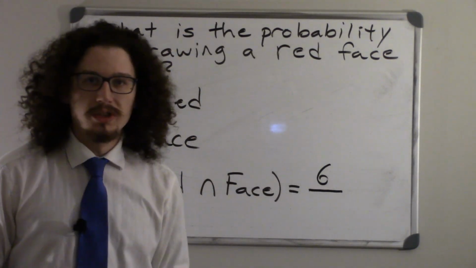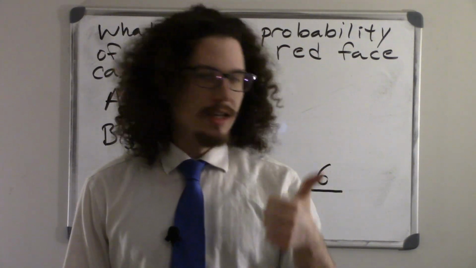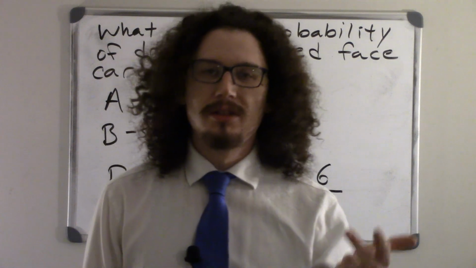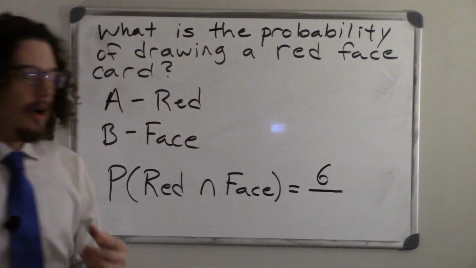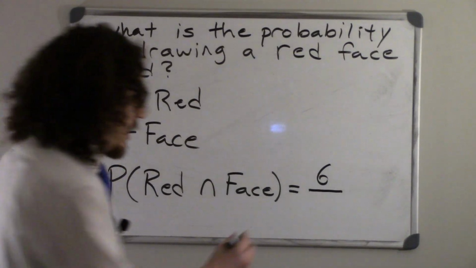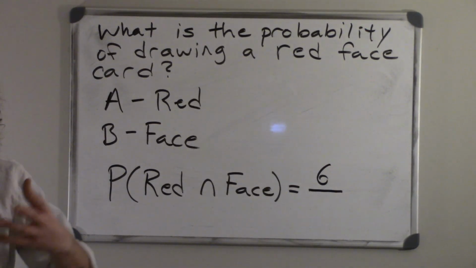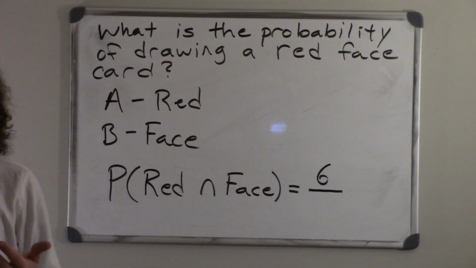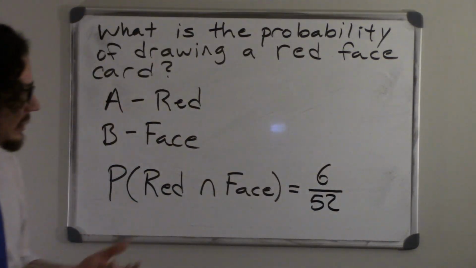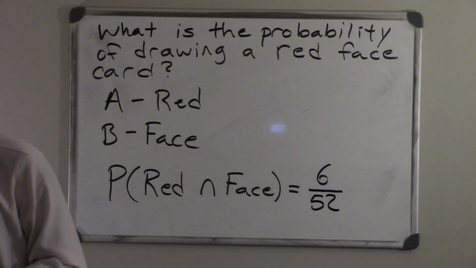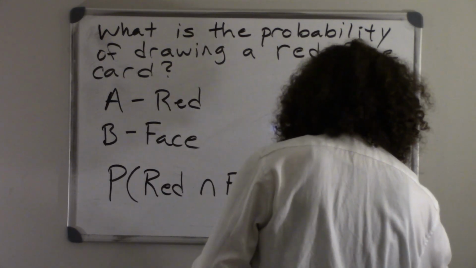If we wanted to name them, list them, we probably could because there are only 6. That event would have the King of Diamonds, the Queen of Diamonds, and the Jack of Diamonds, as well as the King of Hearts, Queen of Hearts, and Jack of Hearts. That is our event. Then we would just need to divide that by the total number of outcomes in our sample space. As we said, there are 52 cards in a standard deck of playing cards, so we would do 6 divided by 52, which gives us a probability of 0.115.